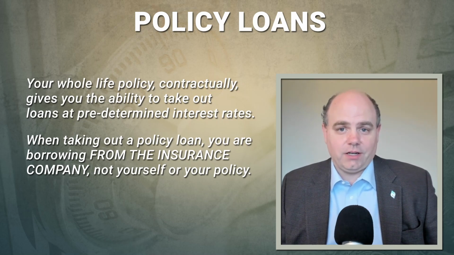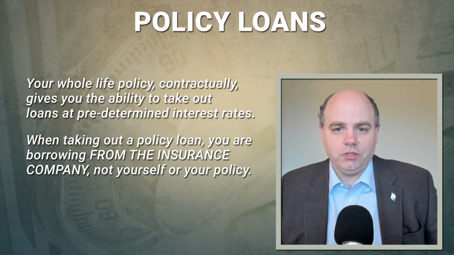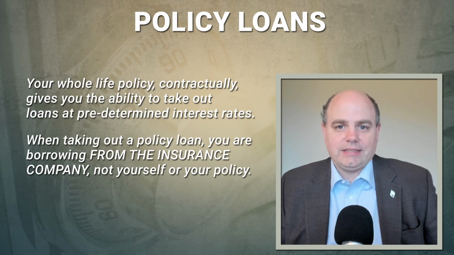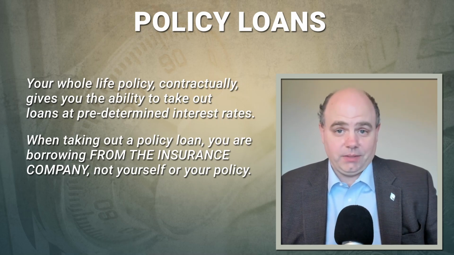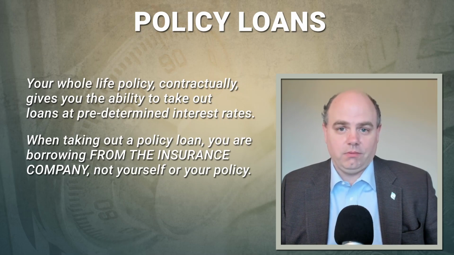That's how the life insurance company invests some of its funds that month: they lend money to you, and now you owe them money. So that's an asset from their point of view. That policy loan is an asset to the life insurance company because they took some of their money and invested it in a loan to you, the policyholder. Now, what's the connection with your life insurance policy? The connection is that this policy loan has collateral.